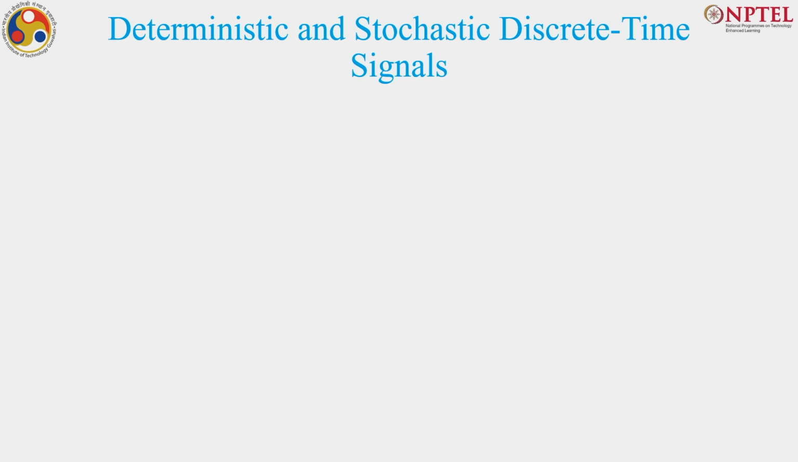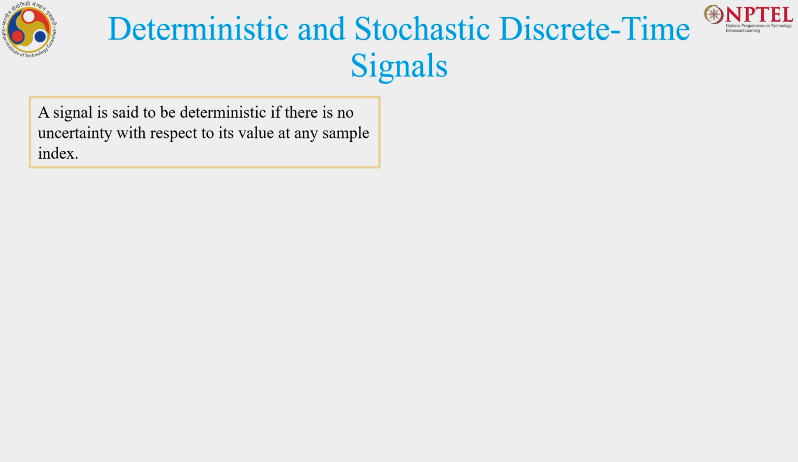So, now we have a good understanding of discrete time signals. Let us try to understand the other categorization of signals with respect to discrete time signals. The first categorization is deterministic and stochastic. A signal is said to be deterministic if there is no uncertainty with respect to its value at